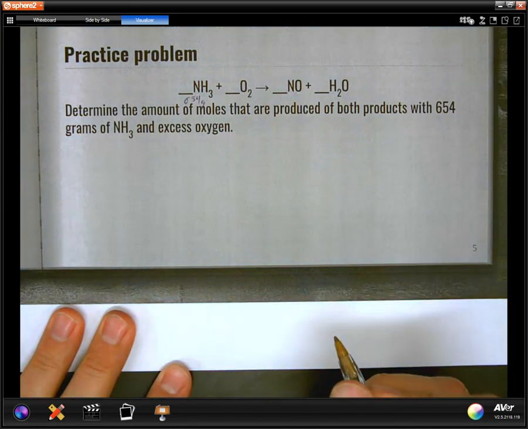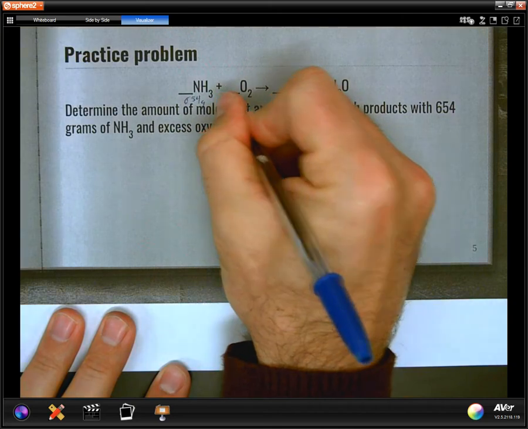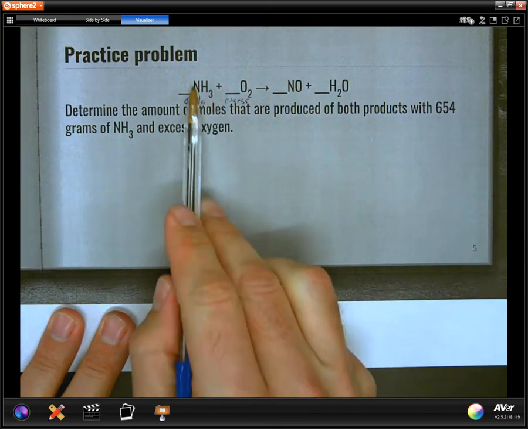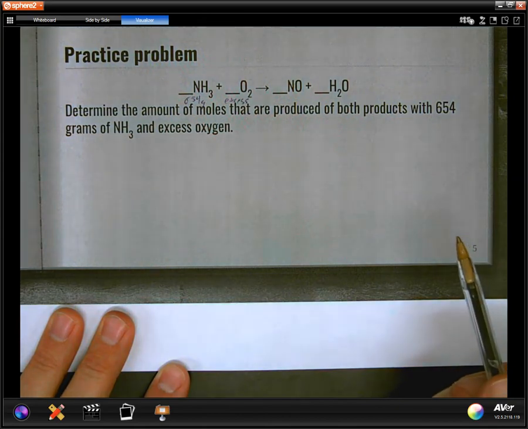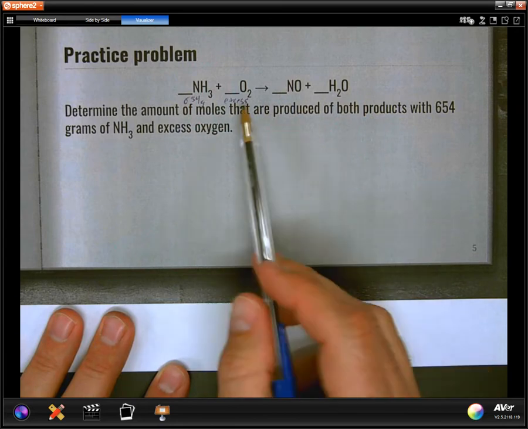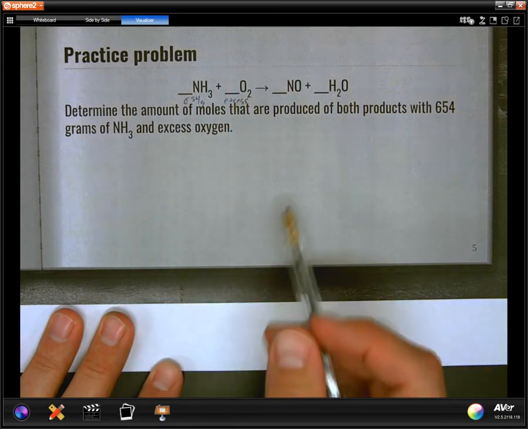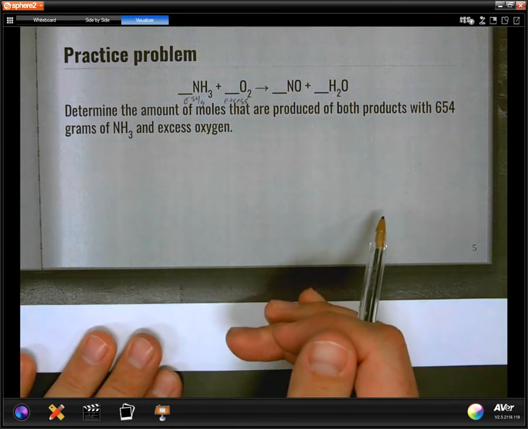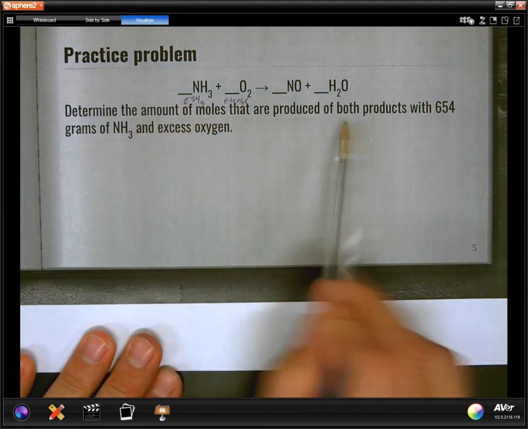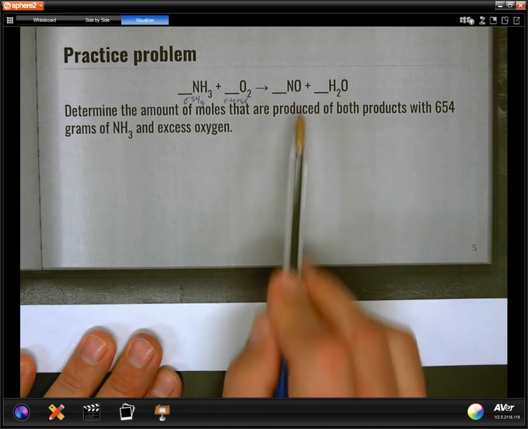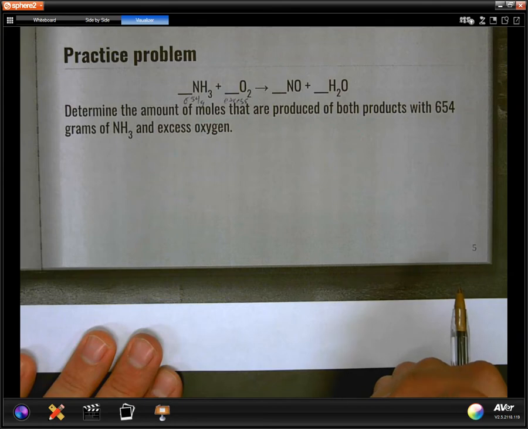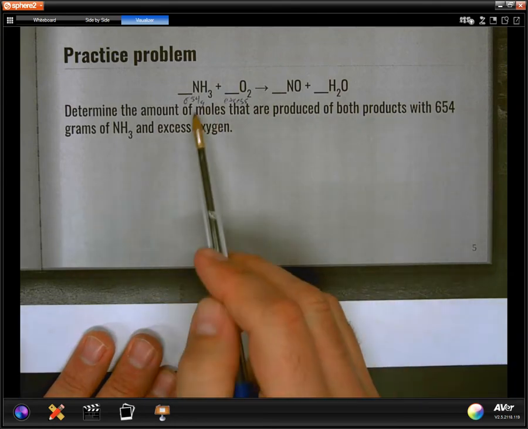of NH3 and I have an excess amount of oxygen that is available to react with all of that other reactant. So for the purpose of this problem, we can just ignore this amount for now, but that term excess will become more clear when we get to video 6.4. So what we see here is it's asking me to calculate the amount of products, both products, from this amount. So we're going to have to do two conversion problems, and we're going to start both conversion problems from 654